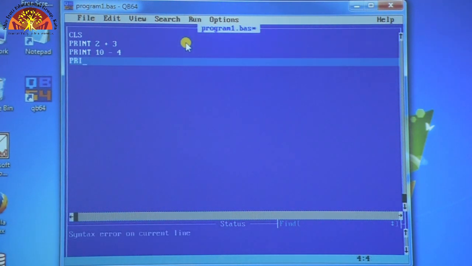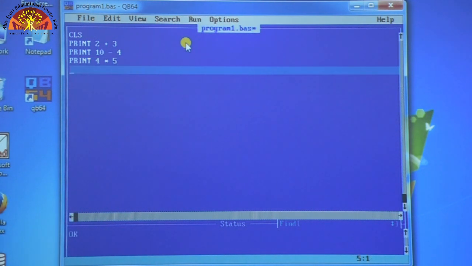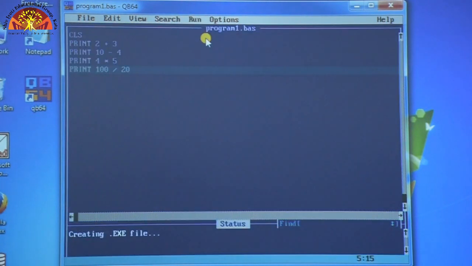Again PRINT 4, asterisk symbol which is used for the multiplication, and then 5, enter. In the next line we have to type PRINT 100 / 20, and click on the run option to see the output of this program.